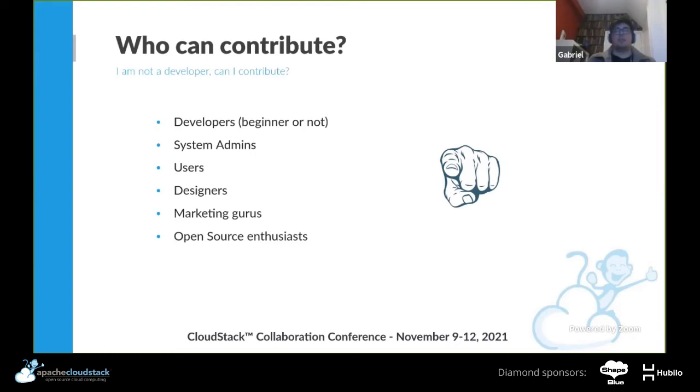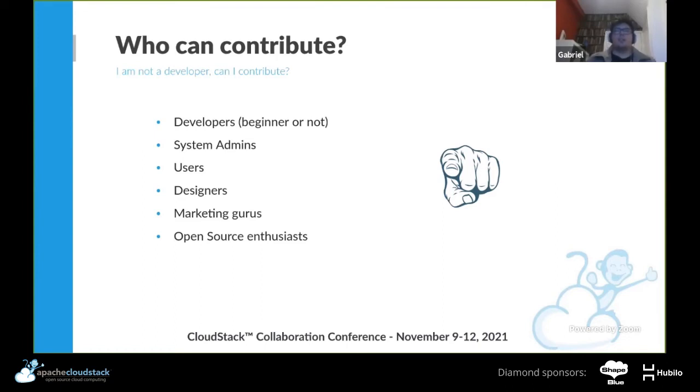But if you are a system admin, you use the project and you find any kind of issue in the documentation, or you discover a successful approach for an issue, you can share it. You can go to the users list, you can go to the documentation, or if you find a bug, please raise an issue.